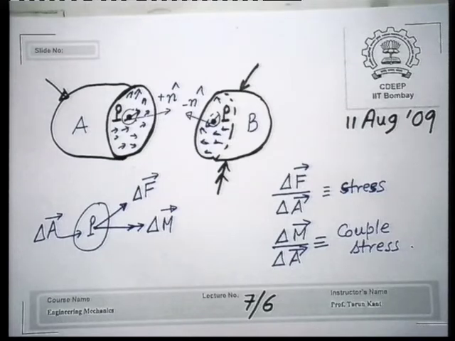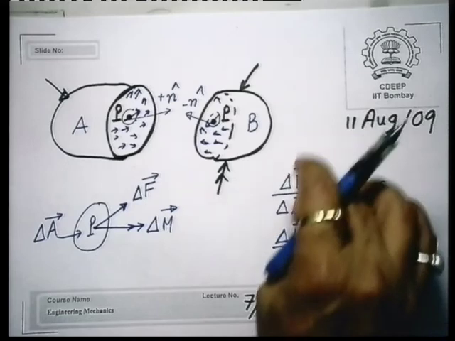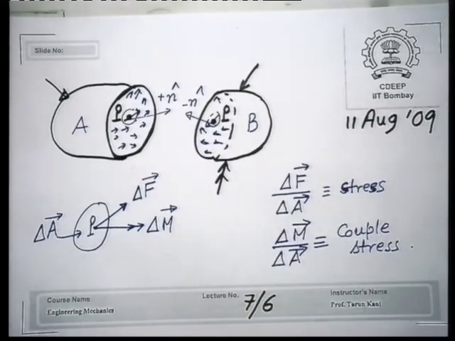I am not giving you a very precise definition, because here I am showing that both are vectors. What will be vector divided by vector? It is only a conceptual definition. So, this is couple stress, but then most people, I mean most analysts,